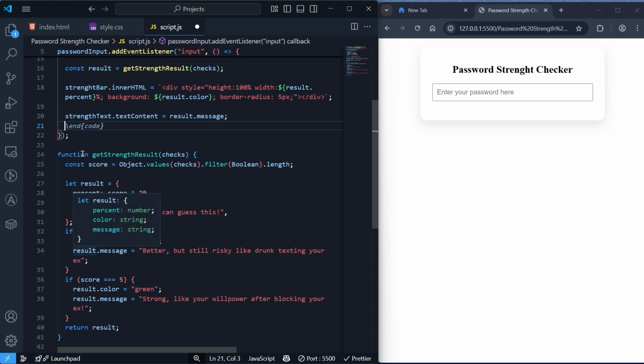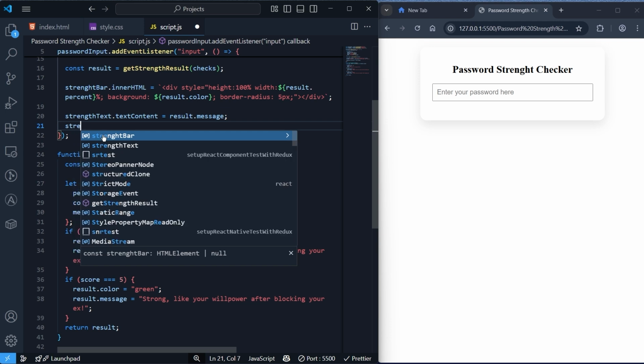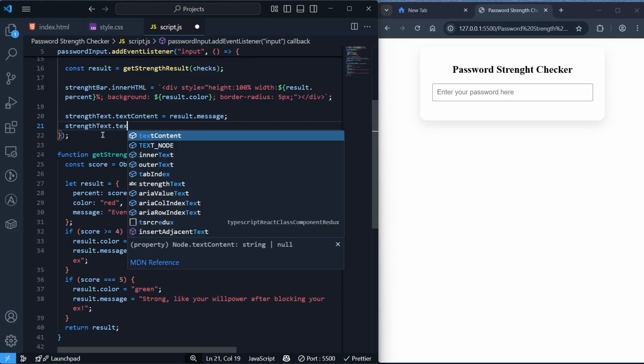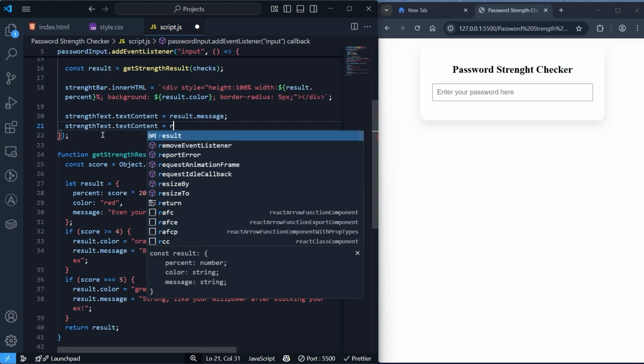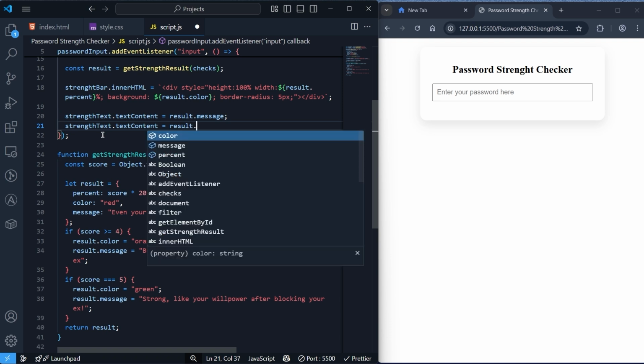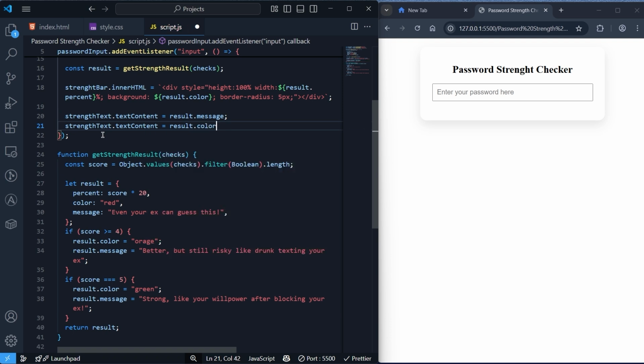We were doing this. So strength text dot text content equal to result dot color. So we passed the result message and result color,